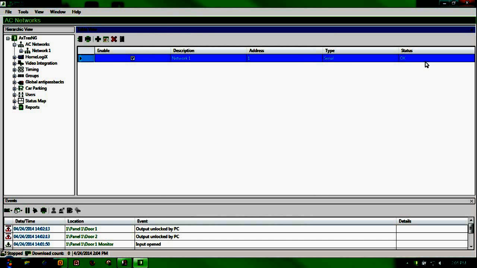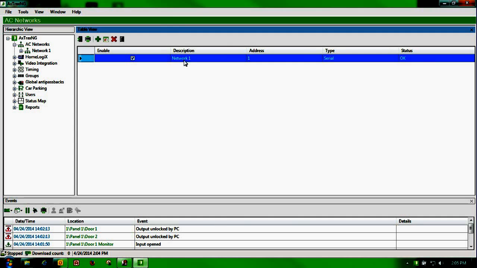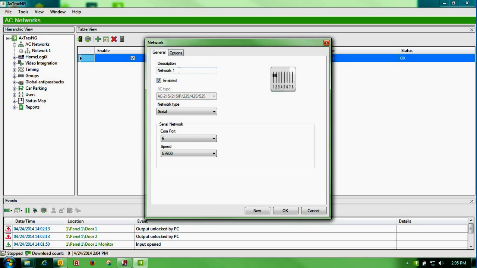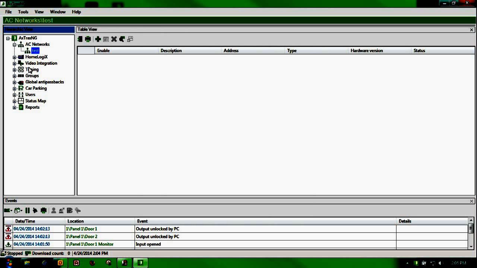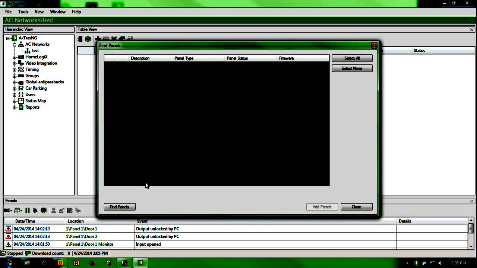Now you will see that my status is OK. It's my serial connection, and I always do want to give it a title so I'll know what it is. Tell it OK. Once I have created my network, then I need to find my panel, as we did with the